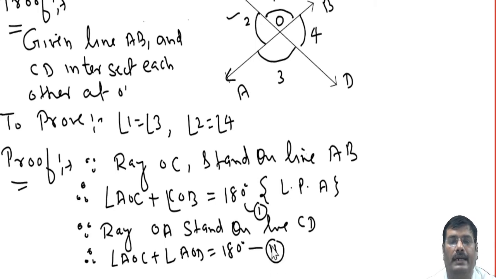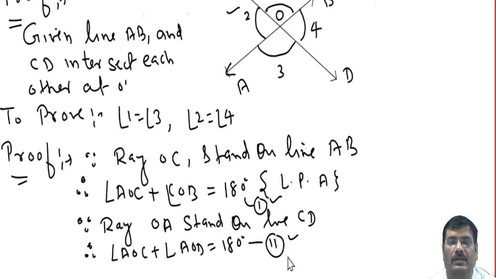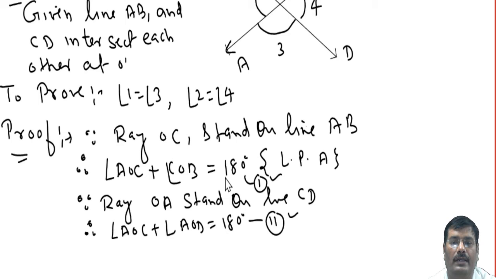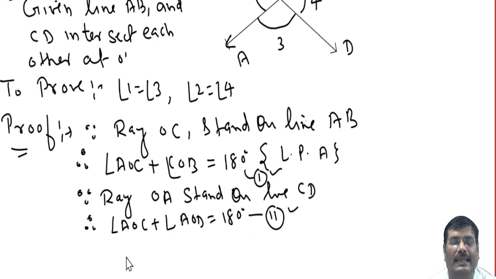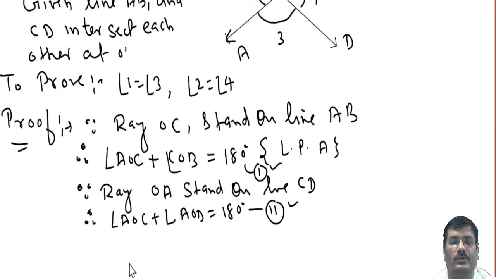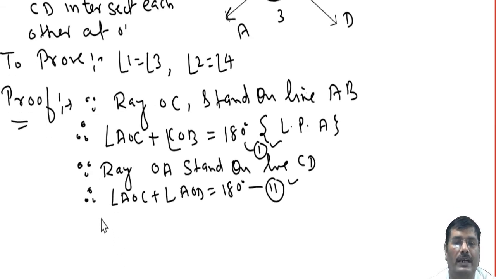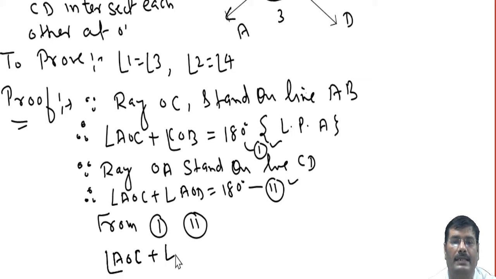We observe that the right hand sides of 1 and 2 are 180 degrees, so the left hand sides of these two equations are also equal. So we write simply from 1 and 2: angle AOC plus angle COB is equal to